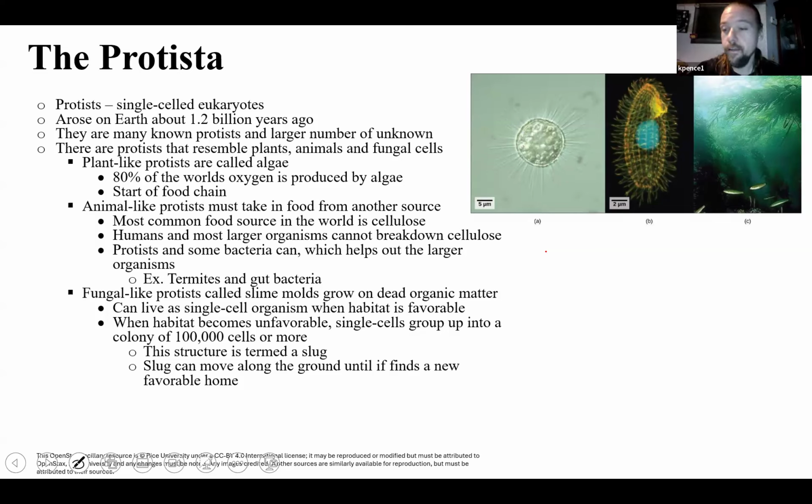So algae are believed by a lot of people to be a plant, but algae can't be a plant because algae do not form complex tissue. We have the protists or the animal-like protists. So these are the ones that kind of crawl around and just look for food. Very similar to the way animals have to move around and look for food. You're going to have amoebas mostly in that group.